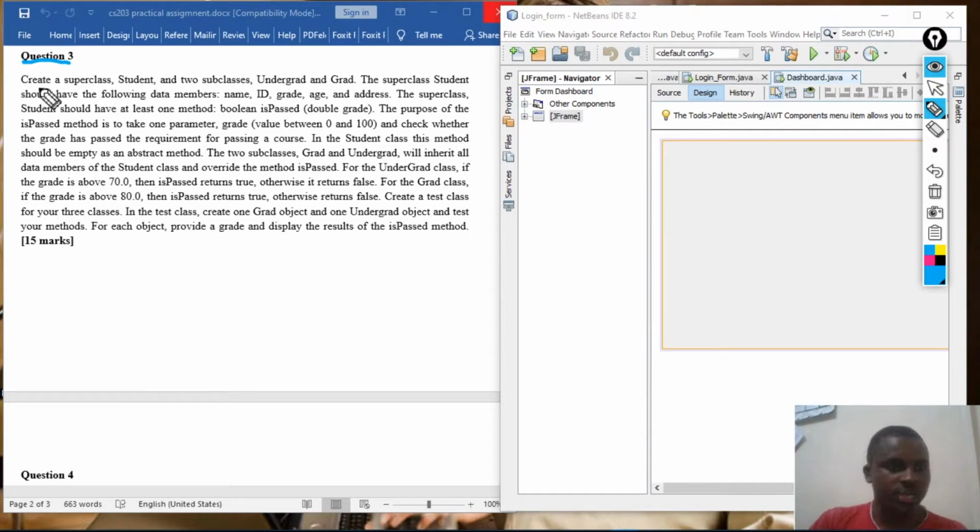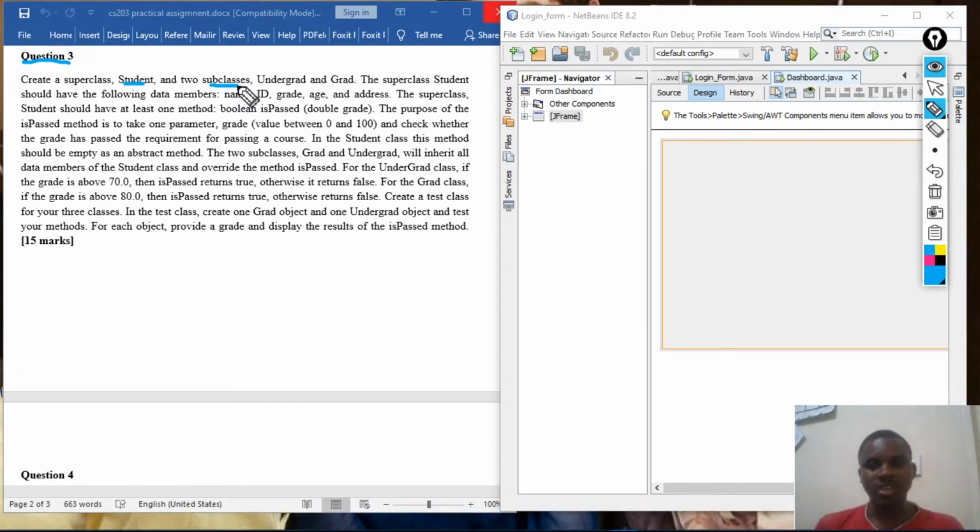The question says, create a superclass student and two subclasses. So before you go anywhere, here in Java, whenever you hear about superclass and subclasses, you have to think about inheritance. This is inheritance, guys. So what is inheritance in Java?